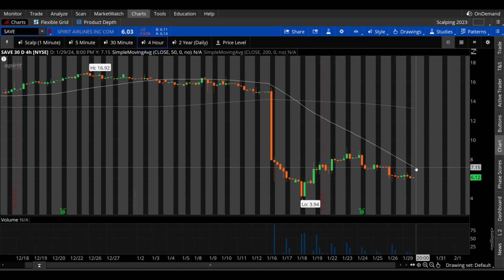You can see that 50 period trending downside, currently sitting right at about 7.20. Now the fact that it's trending downside, guys, don't look at that as any indication of future price movement. You have to understand, these are lagging indicators. The only reason I utilize them at all is not because I think they're going to predict future movement, but because the reason you see higher volume when the stock is trading around heavily watched indicators like the 50 period,